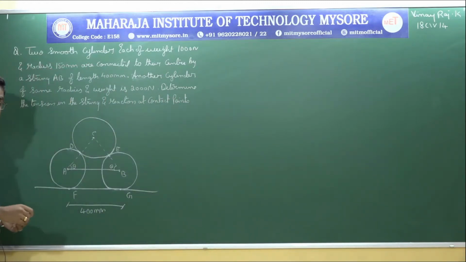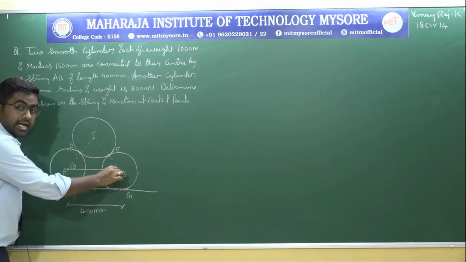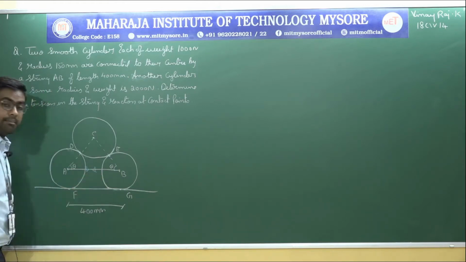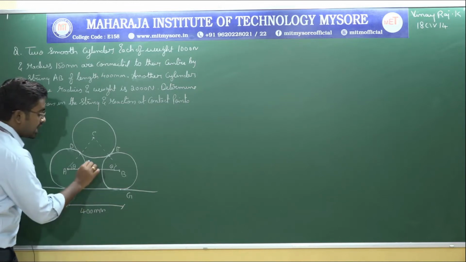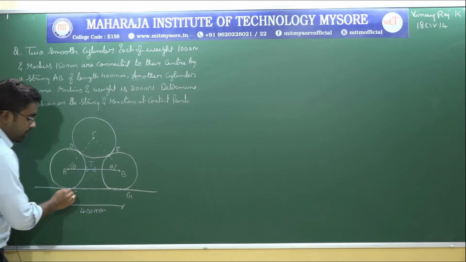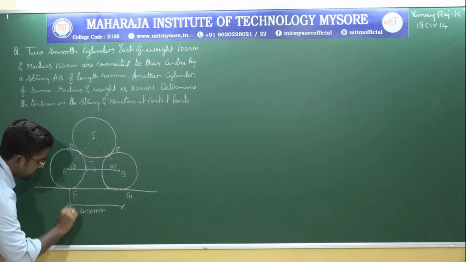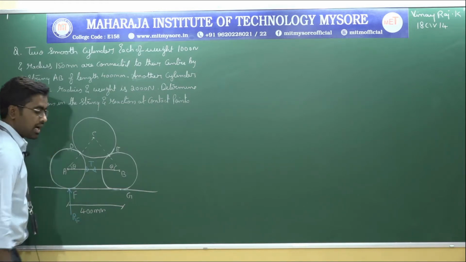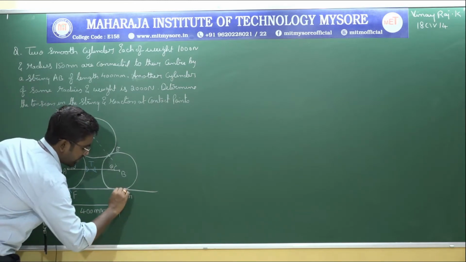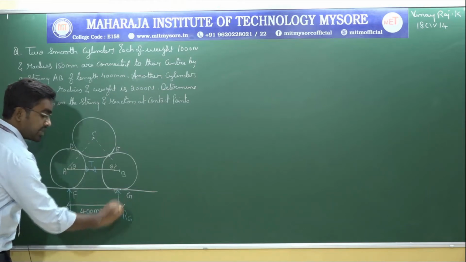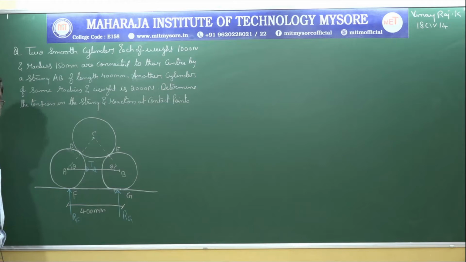Now, let us see what are the unknowns we need to find out. So this is the string AB. That means in the string there will be tension, and the tension should be indicated by the 2 arrow marks which are coming inward. Let me denote it as T, right? Now there is a contact point here, that is F. So there will be a reaction which will be perpendicular to the surface, and that is reaction RF. Here there will be one more reaction, and that is RG. So each and every reaction should be perpendicular to the surface or the support, right?